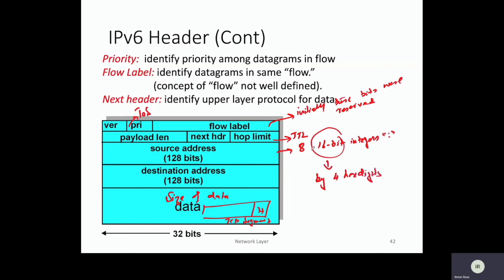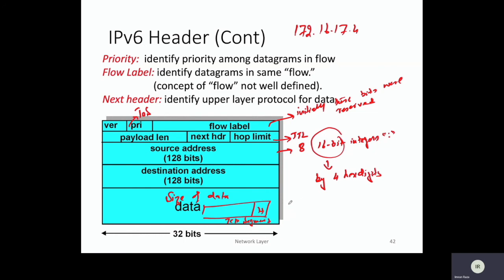So we know that the IP version 4 address is a dotted decimal number such as 172.16.17.4, right? But when we talk about this IP version 6 address, it is basically 8 16-bit integers, where each of these 16-bit integers is represented by 4 hexadecimal digits, such as, let's